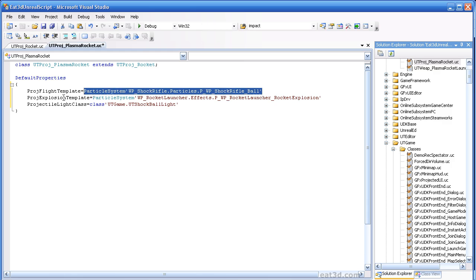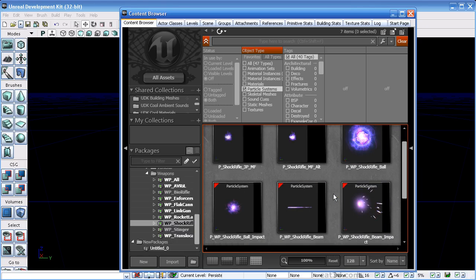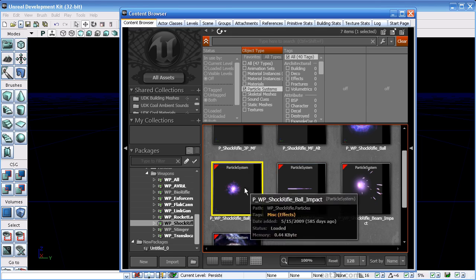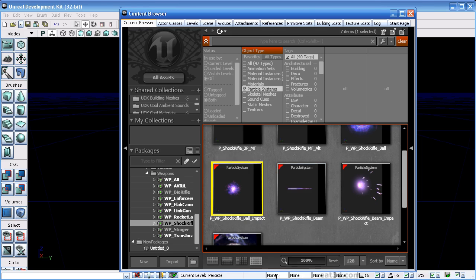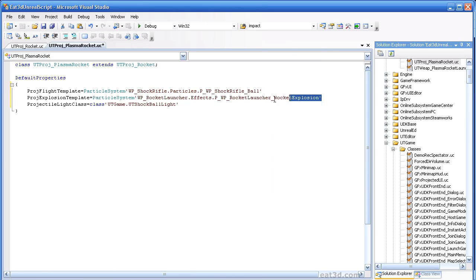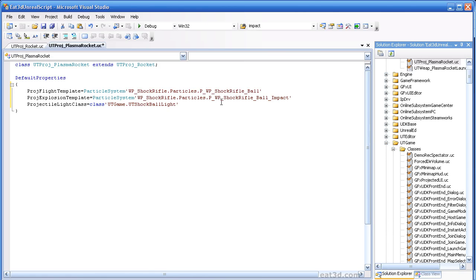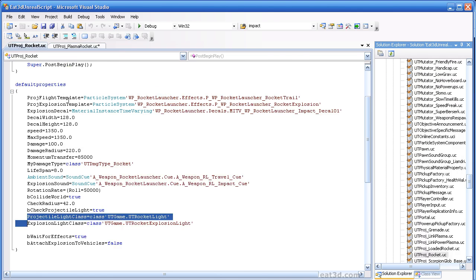The next thing we need is the explosion. So again, we'll jump back over to the editor. And for this, we'll use the shock rifle ball impact. Same thing, copy name to clipboard. Okay. So just a couple of quick changes, but we already have what we need to give the visual variance for our new projectile. Another thing that we want to do is jump back over to the original rocket class, and